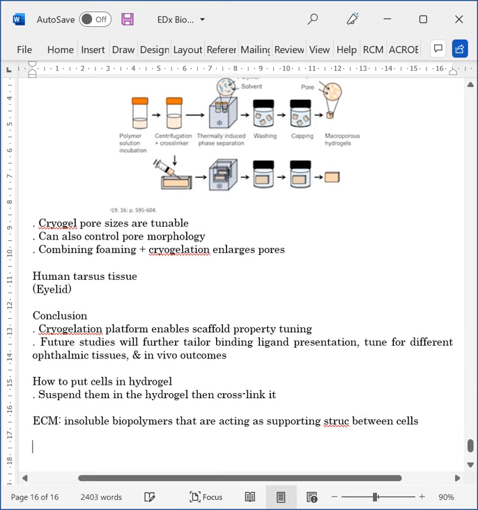Just from different sources, like you can extract collagen from cow tissue. So to sum it up, you just put the cells on the 3D scaffold and wait until they form tissue. Well, I don't think that's entirely true, but here it says that it is difficult to seed cells